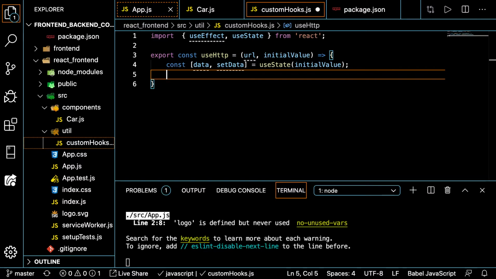What else might we care about to know, which we haven't been using, but what might be something nice to know while we're getting information? What's something we see in a lot of websites that we haven't really been implementing? Loading, right? We don't know if the page is still loading. Like, there's so many spinners that you see in websites, or in ours maybe we'll just have the word loading